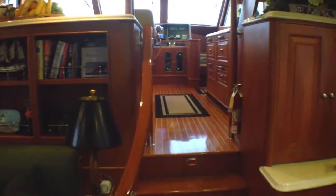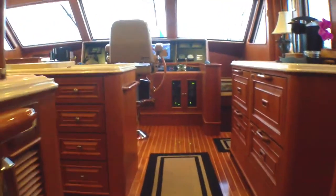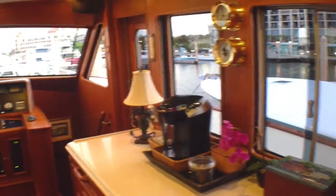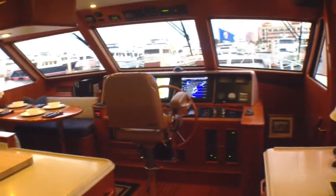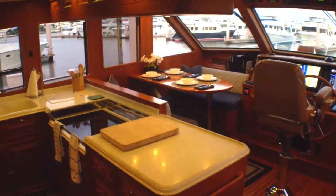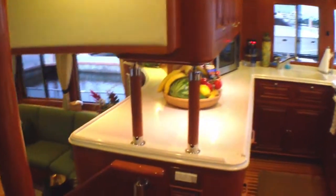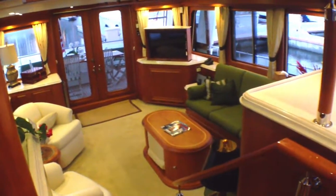Just a very nice, open and friendly feel to this boat as a whole. Looking up here into the country style kitchen, great teak and holly floors here. They did add another section of that teak and holly to the guest cabin foyer. More of the windows that open here. There's a door which gives you access onto the companionway as well. There's a couple of other window sections that open on the port side here too. So you can imagine if you're at anchorage and it's not too warm outside, that you can basically go dead ship, turn the generators off, open the windows and the doors, and there's a great flow of fresh air right